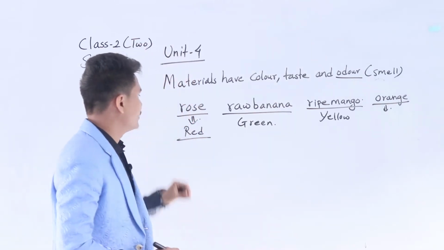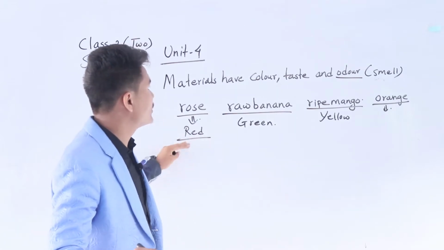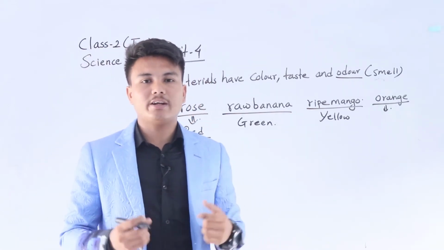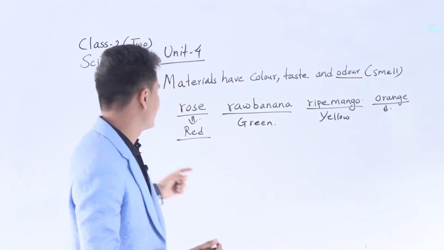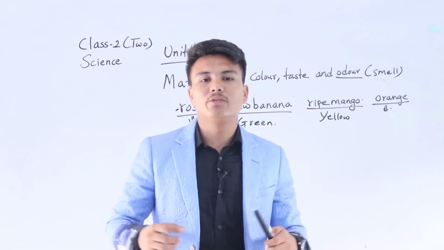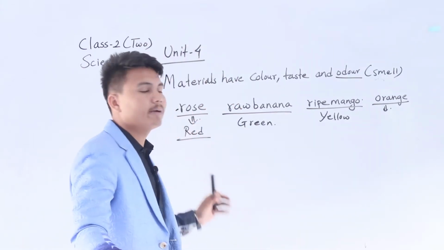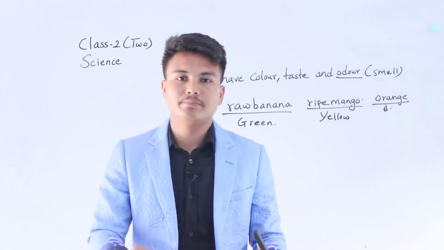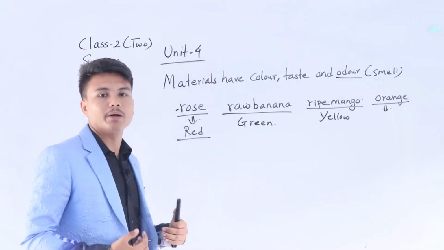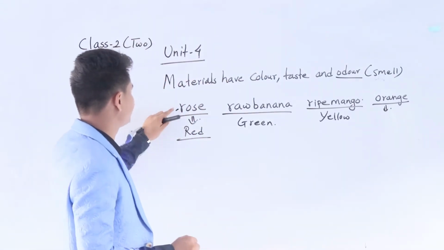Look, rose, have you ever tasted rose? I think you haven't tasted. So rose we can only smell, we can smell the flowers. Yes, it is very attractive and very what? Smelling. So from the flower we can make perfume. Do you know that? From flowers we can make perfume, which we use to make our body smell good, or to look smart or good.